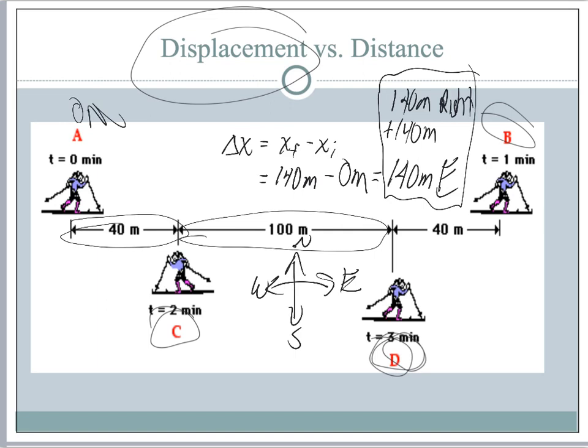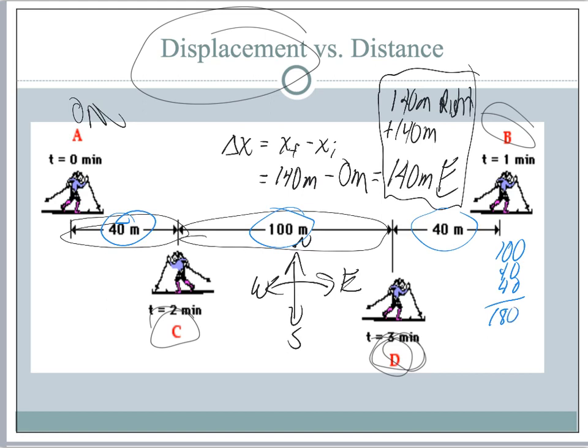Now the distance, remember, is just how much ground she covered. So let's take this step by step, and we'll just add them up as we go. From A to B, how much did she cover? Well, it looks like she went 40, then 100, and then 40. So that's 100 plus 40 plus 40. That's what,